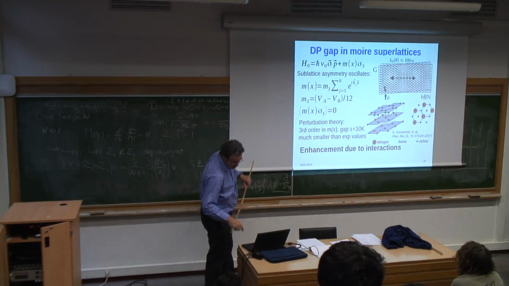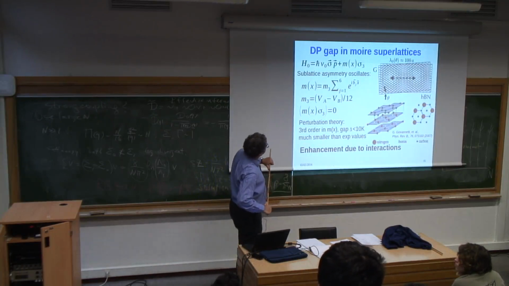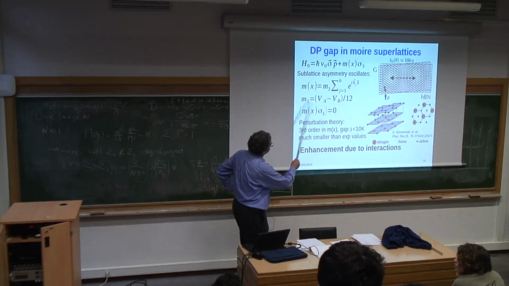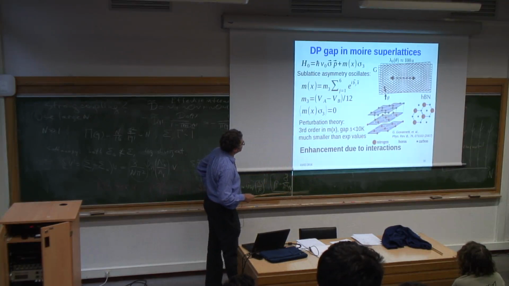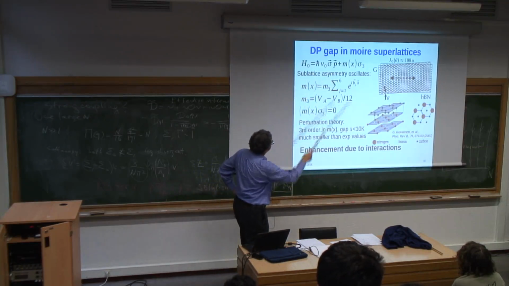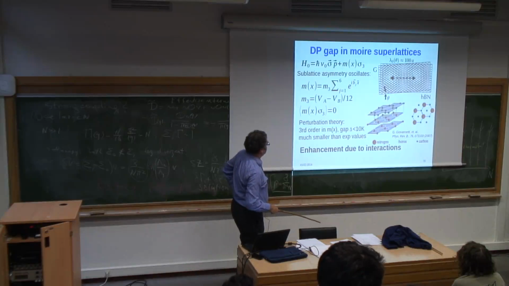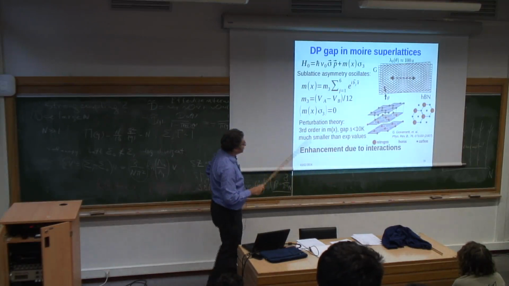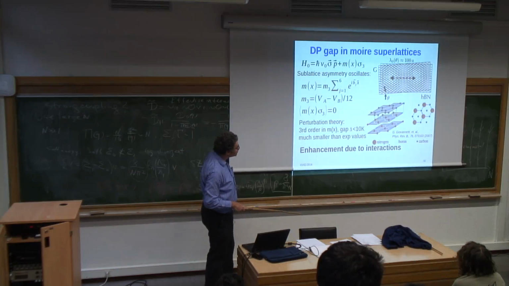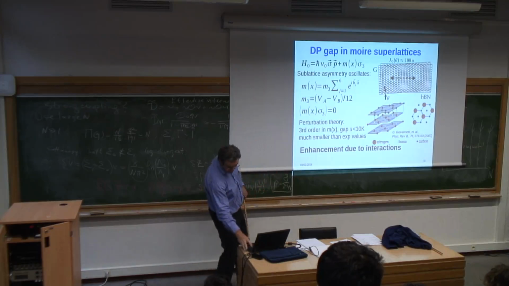I mean, we discussed it briefly, but if you try to analyze it, taking the coupling to substrate from ab initio calculations, then estimate the gap from single particle picture, you get a gap only at third order of perturbation theory in the spatial Moiré modulation, and then you get a gap which is at 10 Kelvin at most. So this is at least 10 times smaller than experimental value, and so that factor of 10 missing in the single particle picture can be provided by enhancement